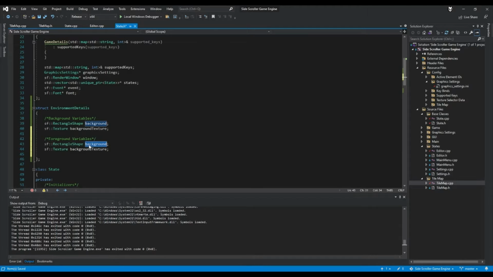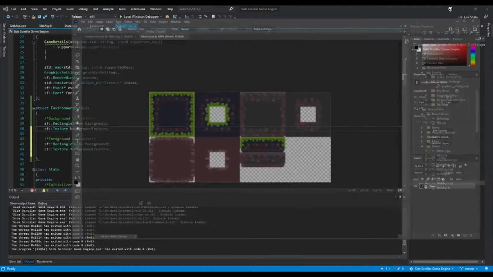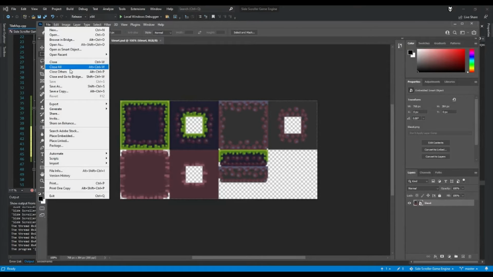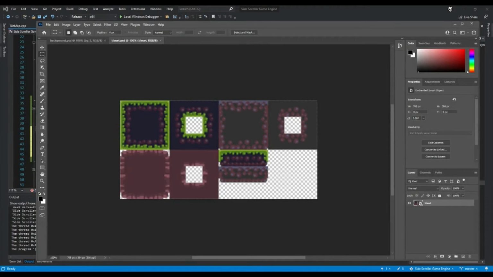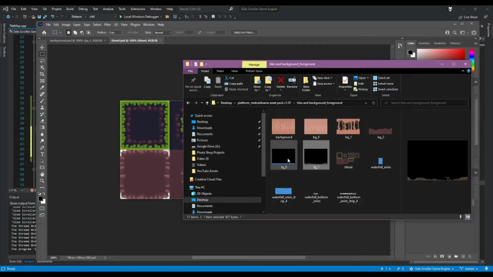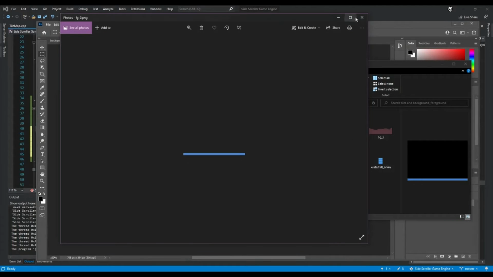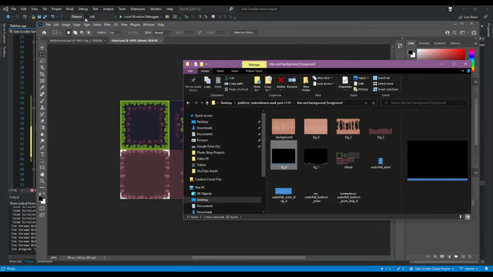But this will be foreground 1. And there will be multiple ones of these because we have to kind of layer them. Or we can do what we did in Photoshop and just render it, which would actually be the best move. So what you want to do is go to here. We don't want these in the background because these are actually going to be in front of the tiles as well. So what we want to do